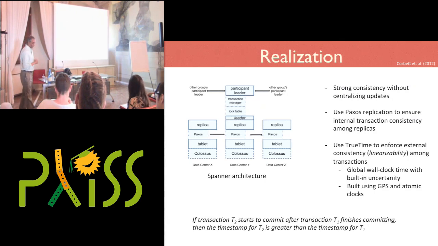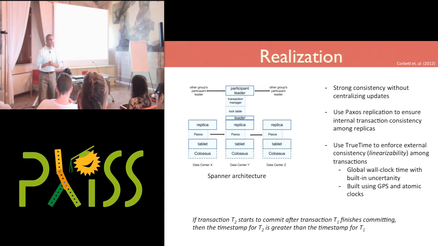But then the third point that they wanted to make was, well, okay, I might be able to deal with a single transaction, no matter how big it is, using a combination of Paxos and all sorts of other services that sit underneath. But how do I know that if I have two transactions running, and one transaction starts after the commit of another, and by after, I mean in real wall clock time, right? This transaction commits at 2:51. This transaction starts at 2:51 and 10 seconds. I want to make sure that the effect of this transaction is visible after the effects of this transaction. I don't want things to get inverted by mistake.